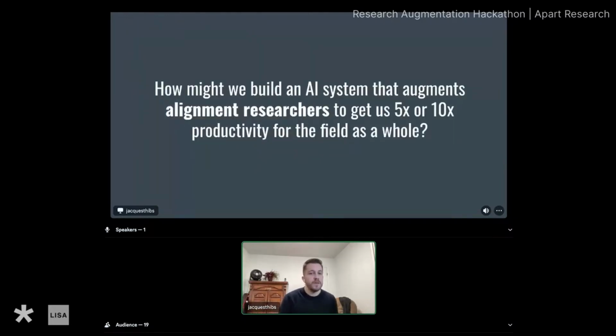All right. So for this entire research direction, we're thinking, how might we build an AI system that augments alignment researchers to get us 5x, 10x productivity for the field as a whole? I don't want to pursue this direction if, I mean, it's still kind of useful if you're getting a 2x speed up, right? It's really good. But if we're trying to solve alignment, we have to think really ambitiously about